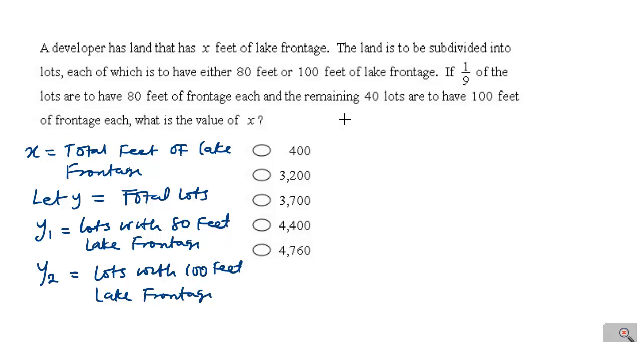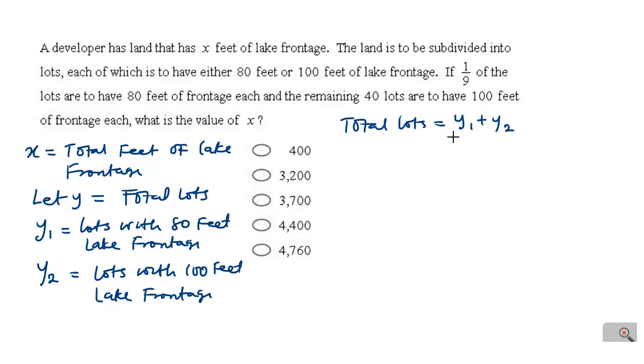So that implies that the total lots Y will be equal to Y1 plus Y2. But if you look at the question, we were told that 1/9 of the lots are to have 80 feet of frontage each,